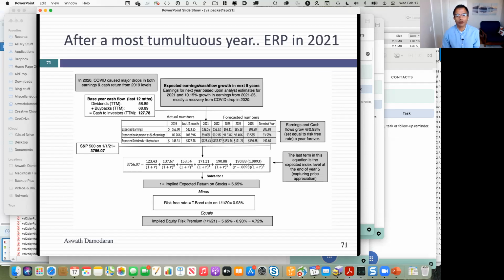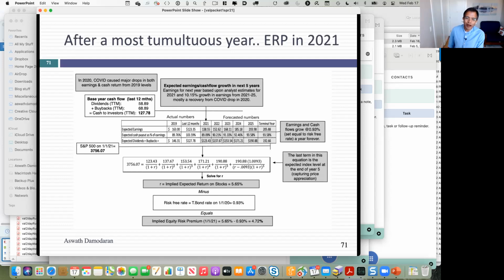You know what, 30 years ago, if I went to a portfolio manager and asked, would you invest in stocks if I told you you'd make 5.65% a year? There was zero chance a portfolio manager would invest in it. Why? The T-bond rate was 6%. So why would I invest in stocks to make 5.65%? Even 20 years ago when the T-bond rate was 4%, if I offered you 5.65%, you say, that's not enough. I can make 4% without any risk.